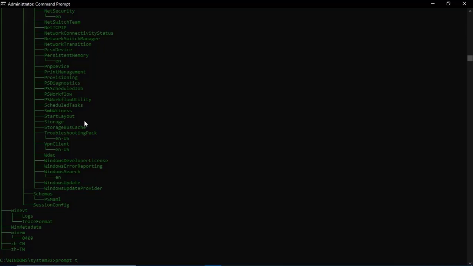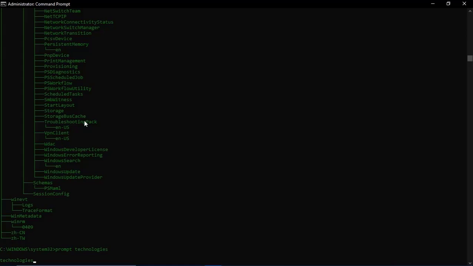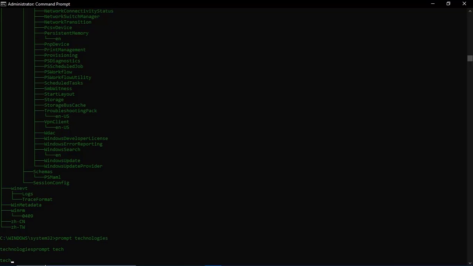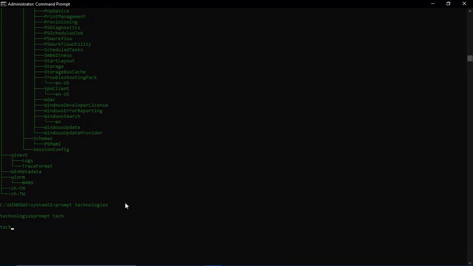We give technologies. Yeah, you can see the C drive path has changed into technologies. Now I can change this into tech. Use the command prompt tech. This is the command, so you can see here.